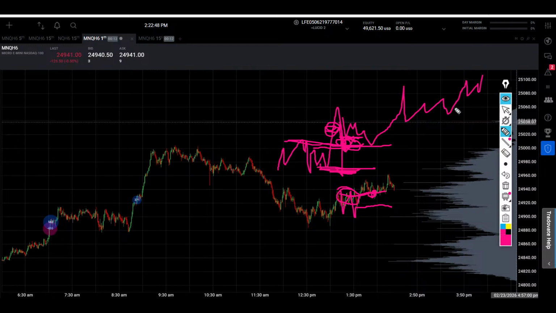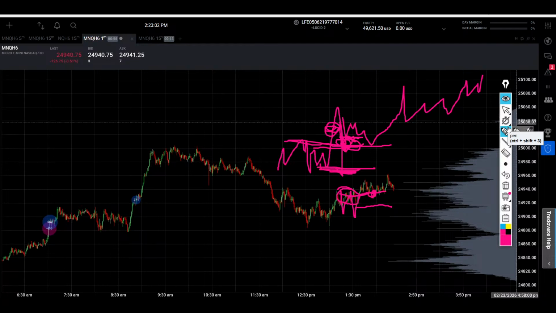So there is an edge on it. If you're consistent with your entries, your results will be consistent as well. And if you keep, be patient with your targets. You let your targets hit. You don't close it before. You can take,